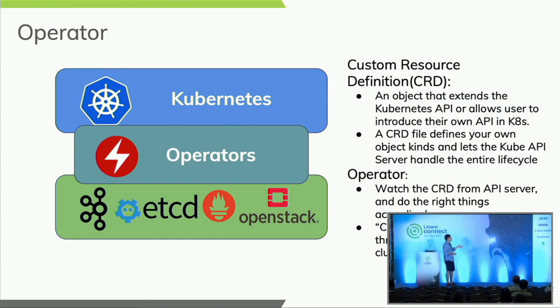For example, we can use an etcd operator to make Kubernetes talk with an etcd cluster and do something with etcd. And we can have the Kafka operator and the Prometheus operator, also the OpenStack operator. Each of them can do different things with a different target system. So the operator is,